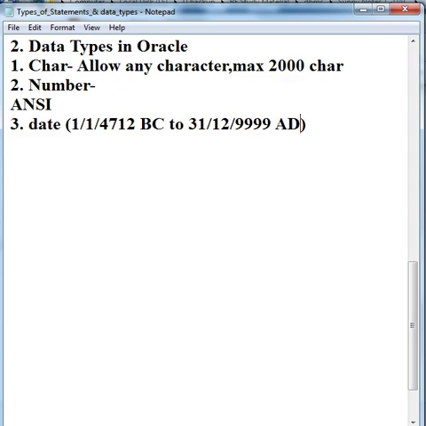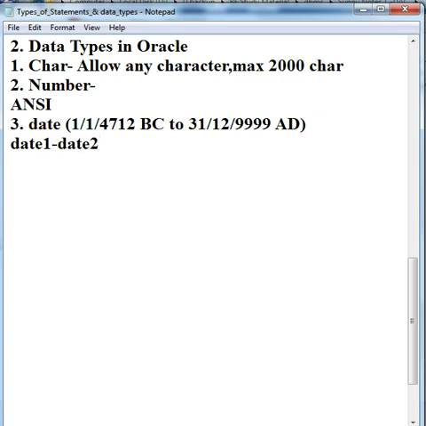Date arithmetic is allowed here. It means I can add to a date, and I can find the age by subtracting two dates. Date minus date is allowed in the date data type. So if we have one date, date 1, and another date, date 2.